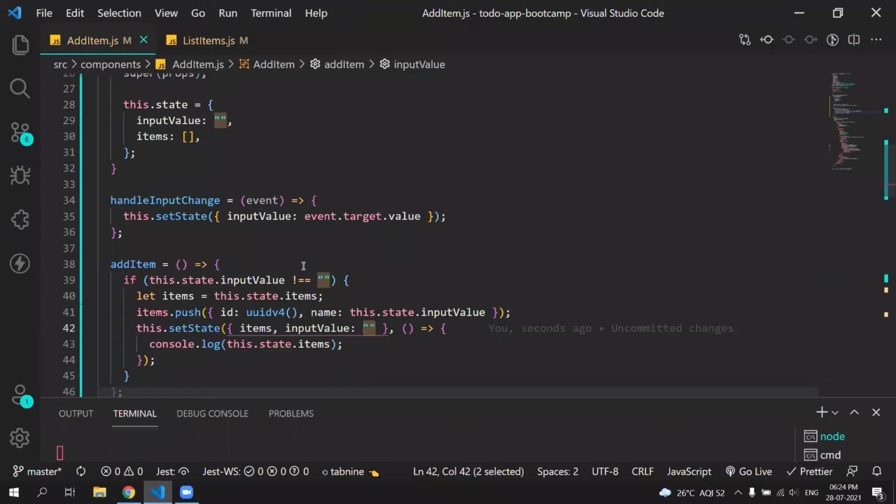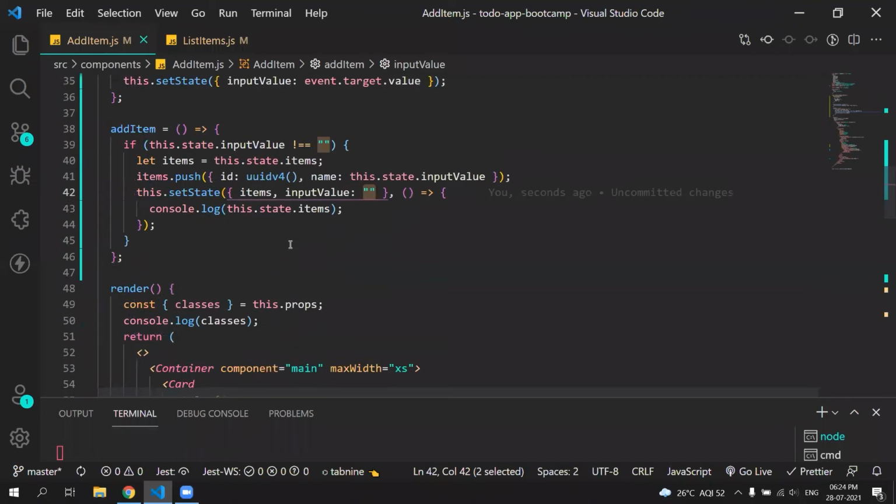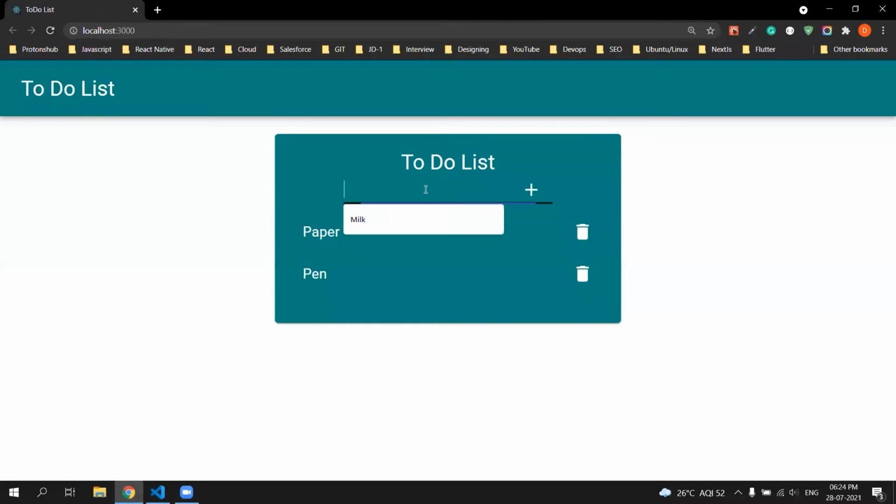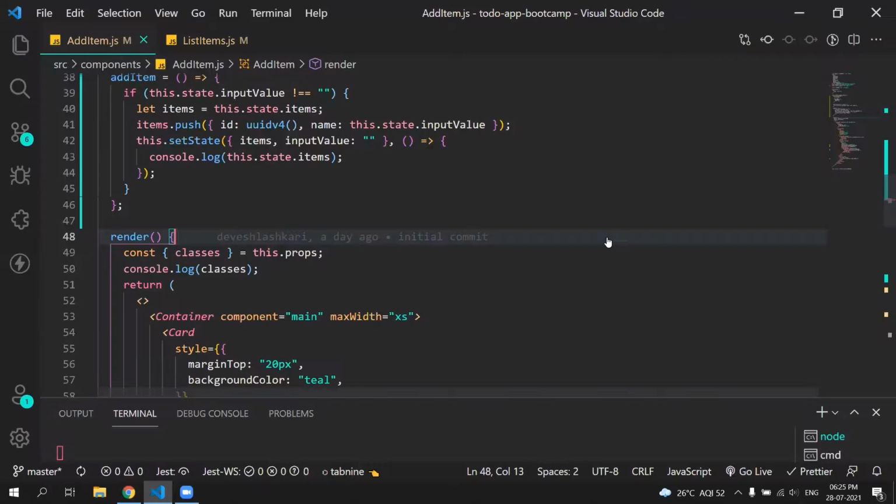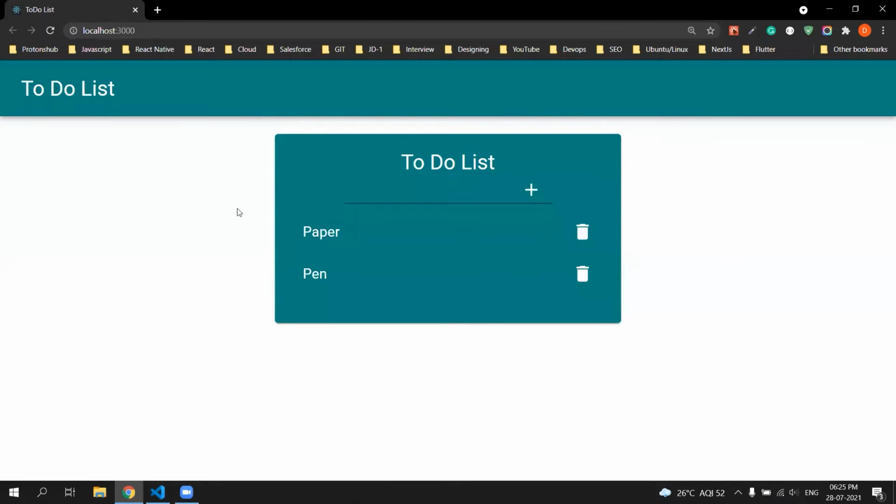Okay. So till now what we have done is that we have handled our on change event, we have taken the input, we have handled our on click event. So we are adding what we are writing to an array, and we are showing it on another component using props and using the map function. Now one more thing which I need to show you is that every time,